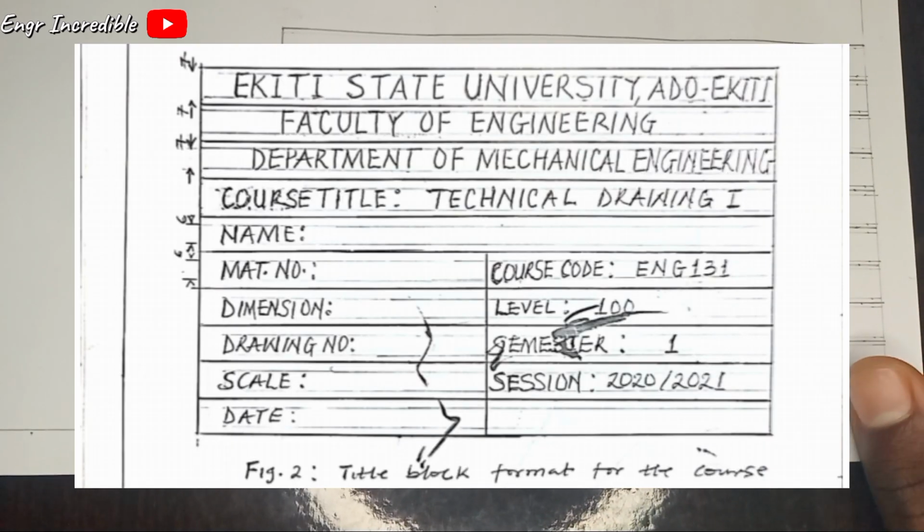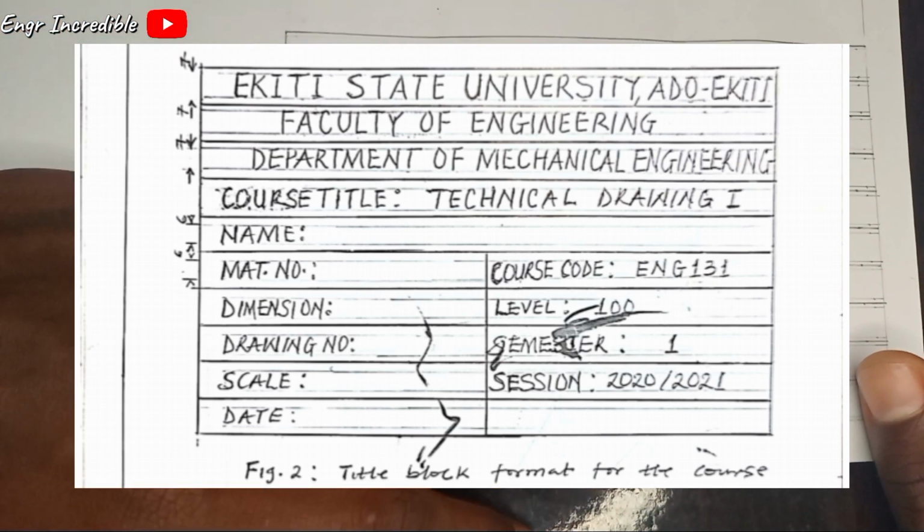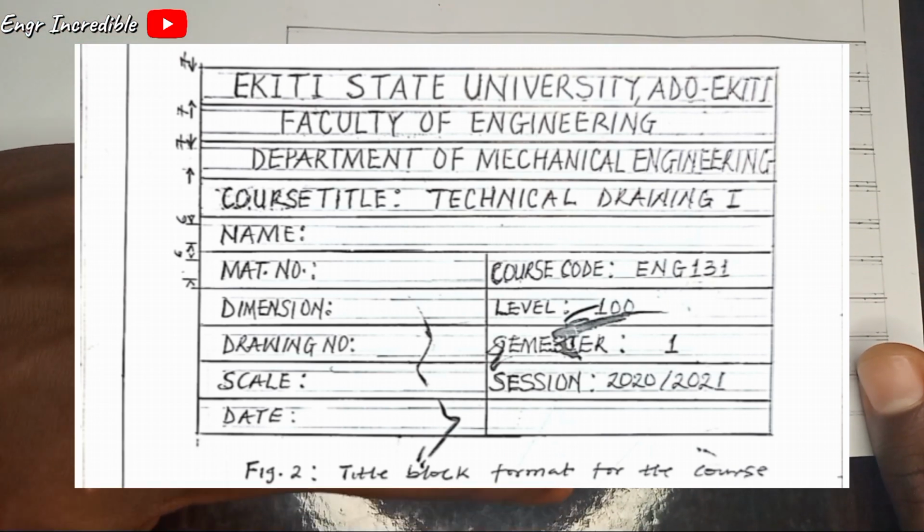I try to fill it in with what is on the screen here. So I just fill it in and write what I want to write there: the name of the school, the faculty, and everything that is there. Now the question 1B says